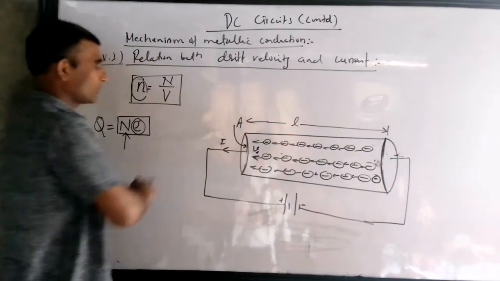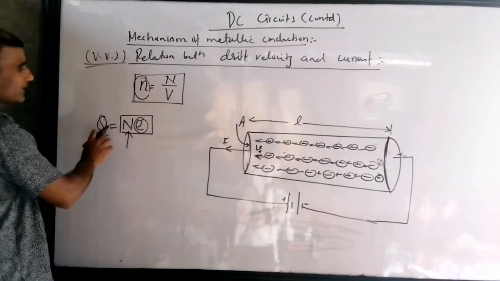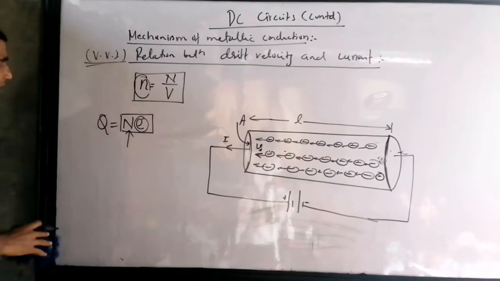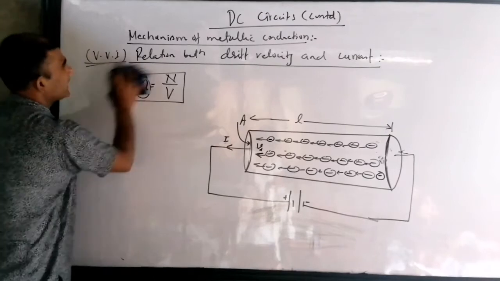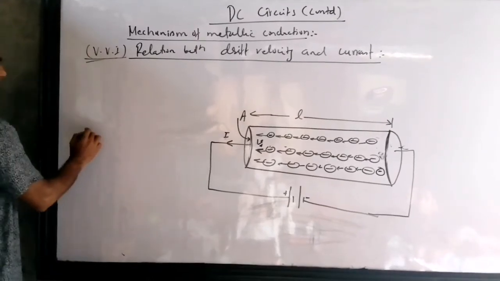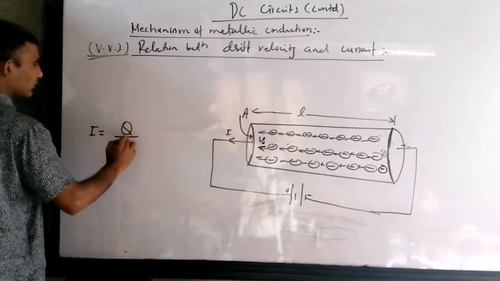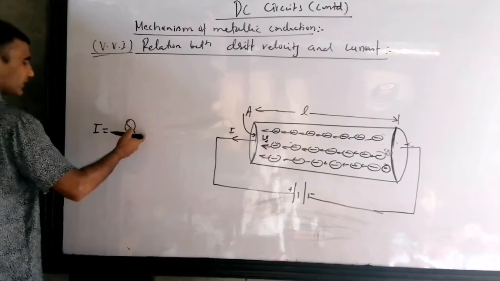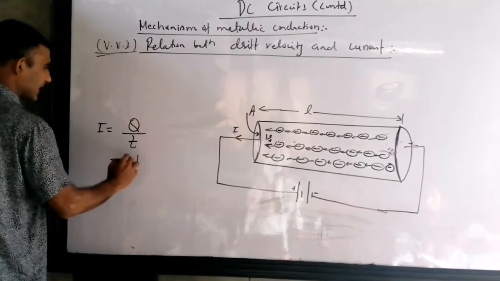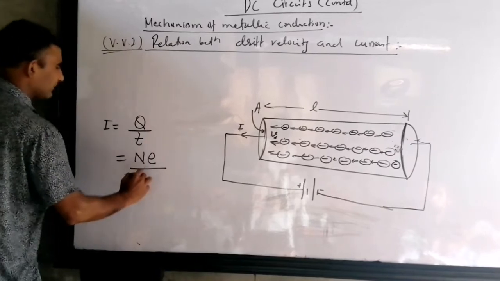Yes. Okay, in this way we can get the charge and then we can get the current. Let me reach up to there and then I will write the note for you. I told you current equals rate of flow of charge, meaning Q upon t. Just now I told you charge is quantized, so charge is something times the electronic charge. So that's Ne, and time is t.